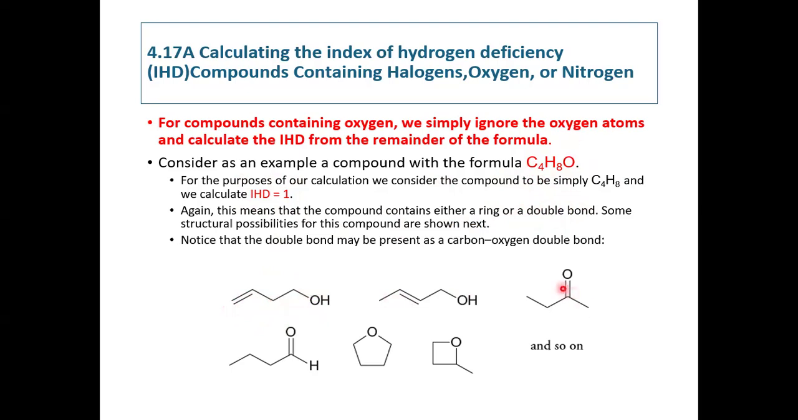you can write the double bond on the oxygen. You can write the double bond here if the oxygen is here. Or you can have it cyclic with 5 rings, or cyclic with 4 rings, and so on. So this is how you can predict the possibilities of structures that you can write based on the index